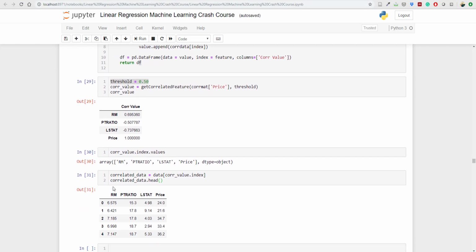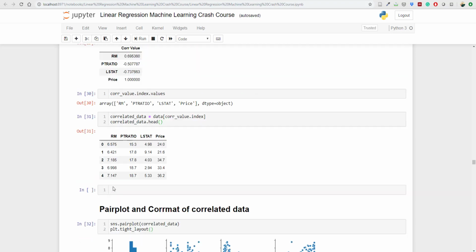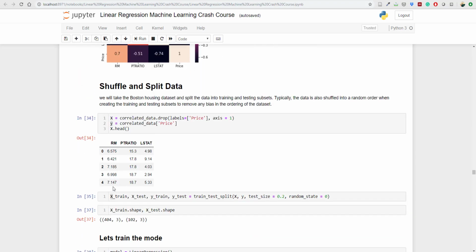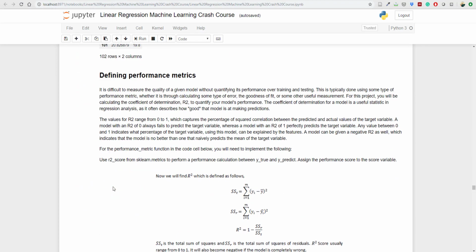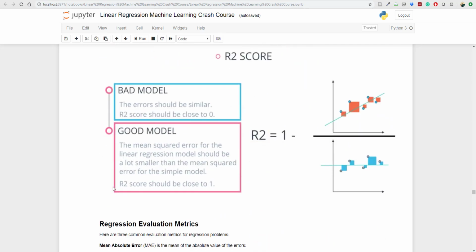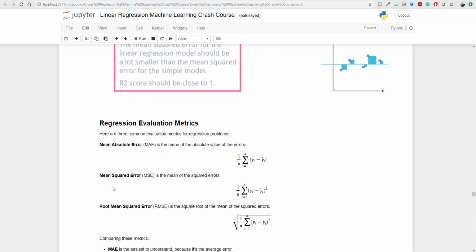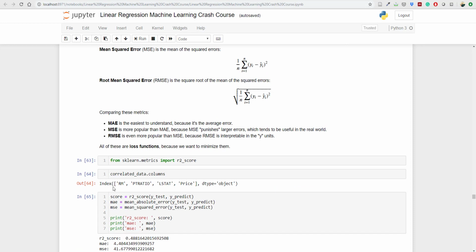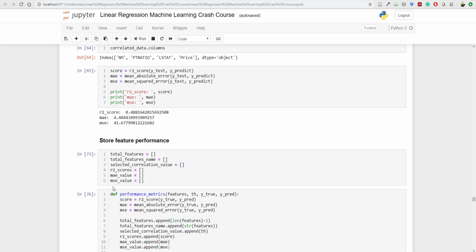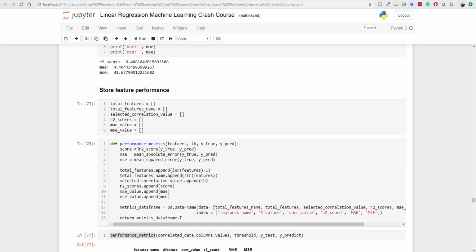Then with the help of the correlated feature selection, using this correlation matrix, we can do feature selection, and then we can train our models. Once our model is trained, we can assess its performance based on the R2 score. Not only the R2 score, we will also discuss the mean absolute error, mean square error, and root mean square error. And once it is done, we will make a function in which